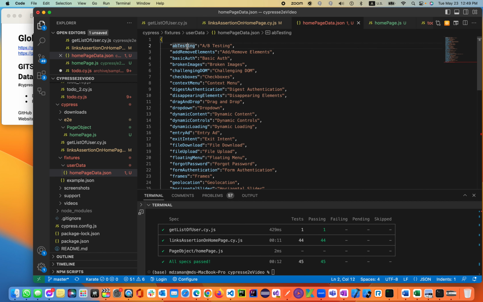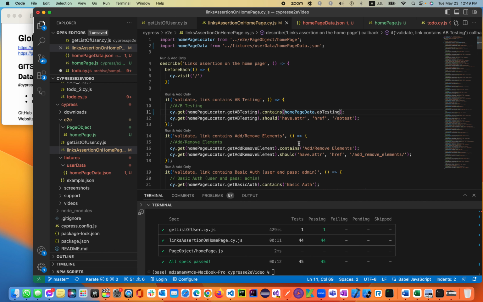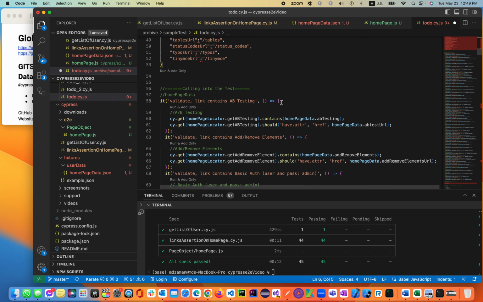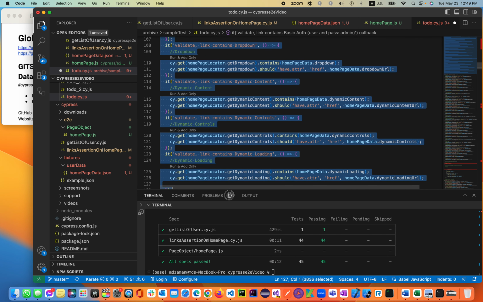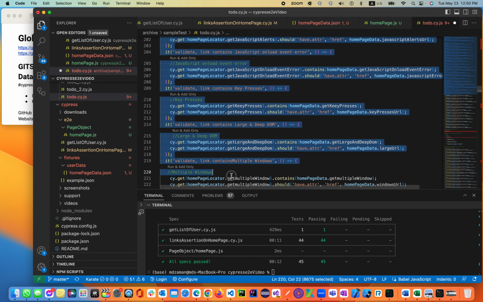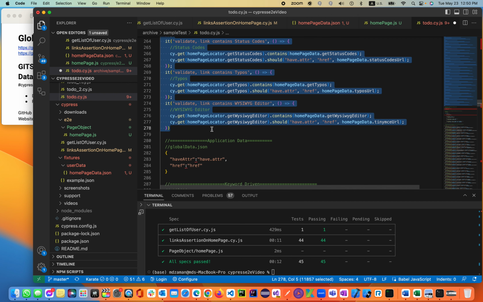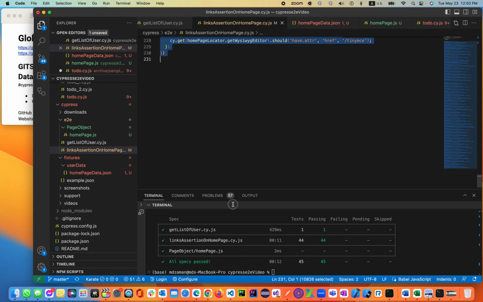Now if you call A/B testing, add remove element into our test cases using the home page data as a variable, the test will look like this. So we'll just be copying and pasting it, as I mentioned to you, and make sure the tests are working as expected. Let's see, this is too many tests, right? 44 tests. It is not a joke. So if I'm changing everything, 44 tests